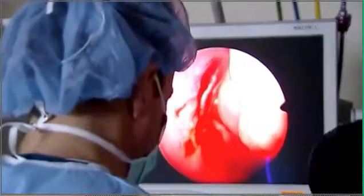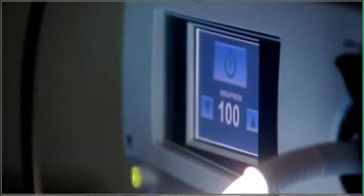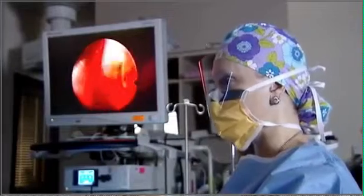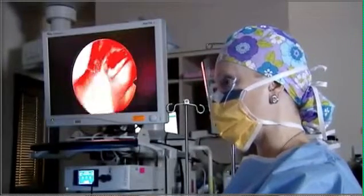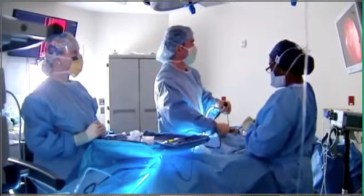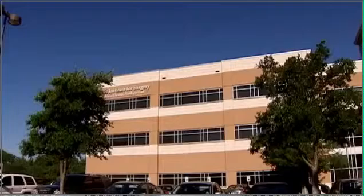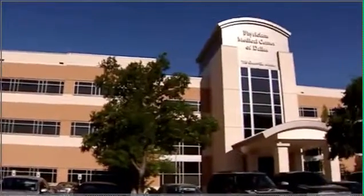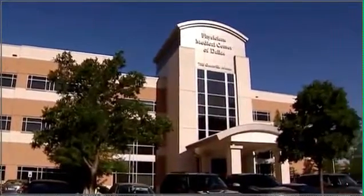So it's a very interactive way of learning, and for them visualizing at the same time, and not just listening to the technology but actually seeing the surgery, it's a much better way to educate other surgeons around the world. Yeah, what Texas Institute for Surgery is doing with this technology, it's really incredible